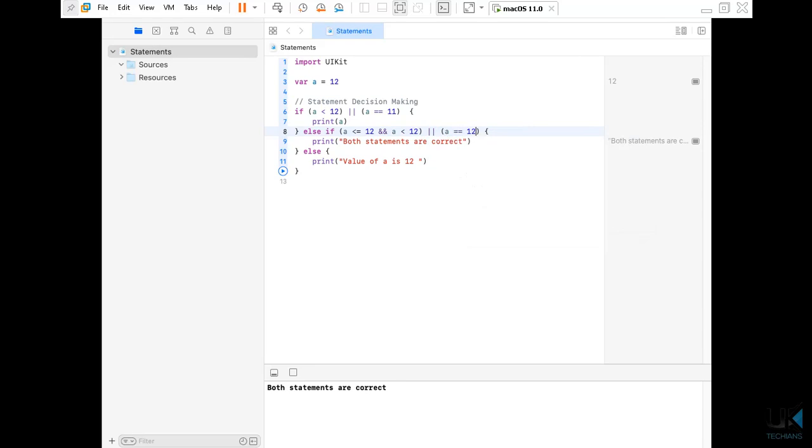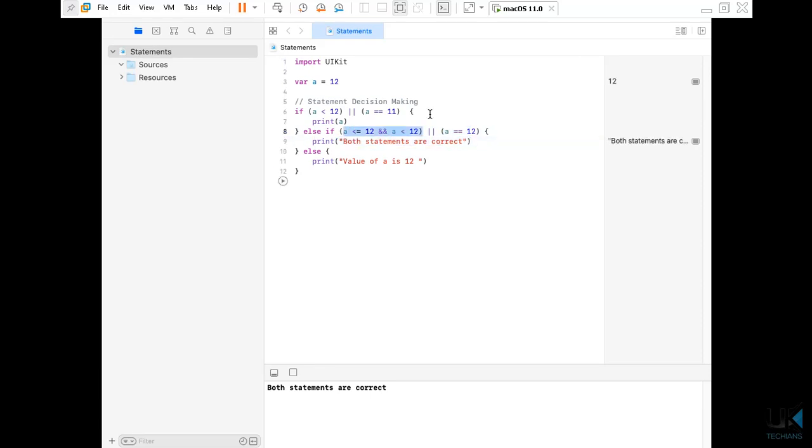What it shows is that this condition is one condition, because we added the starting bracket and ending bracket. This is the one condition, and then we apply or. We said if this condition is true, print this message. If this condition is true, print this message. But if this statement is false and this statement is true, print this message, right?